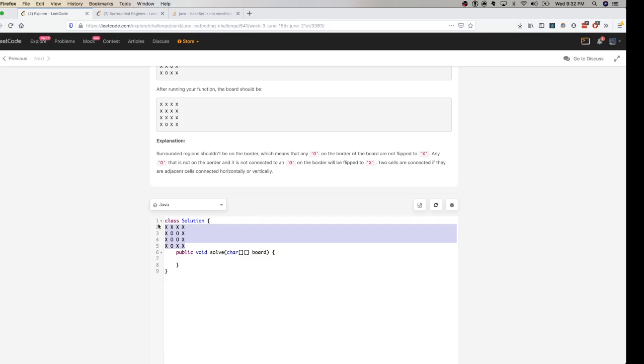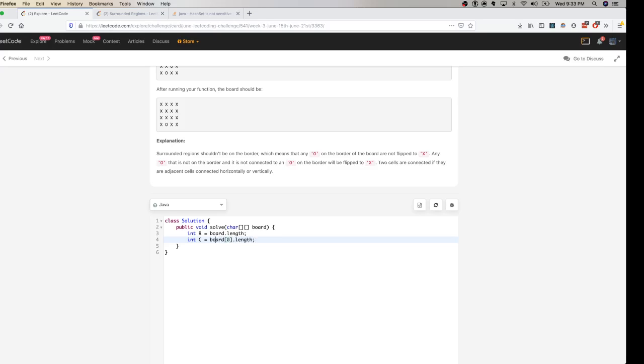Alright, so since it's a grid problem, the best way to solve this efficiently would be using a BFS pattern, which is a breadth first pattern. So what I'm gonna use is ArrayDeque in our code. You could also use a few other queue implementations, but since ArrayDeque offers better performance, I'm gonna use that here. So let's get started by getting the row and column values. So int r is equal to board.length and int c is equal to board[0].length.